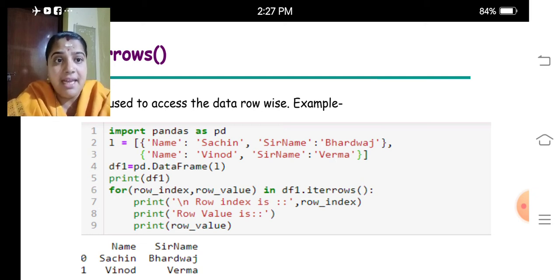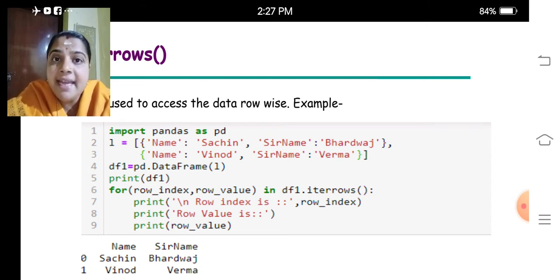Here we are taking two variables, row index and row value. Instead of giving for a in range, we have a tuple of the row index variable and the row value variable, and we are iterating the data frame by rows.